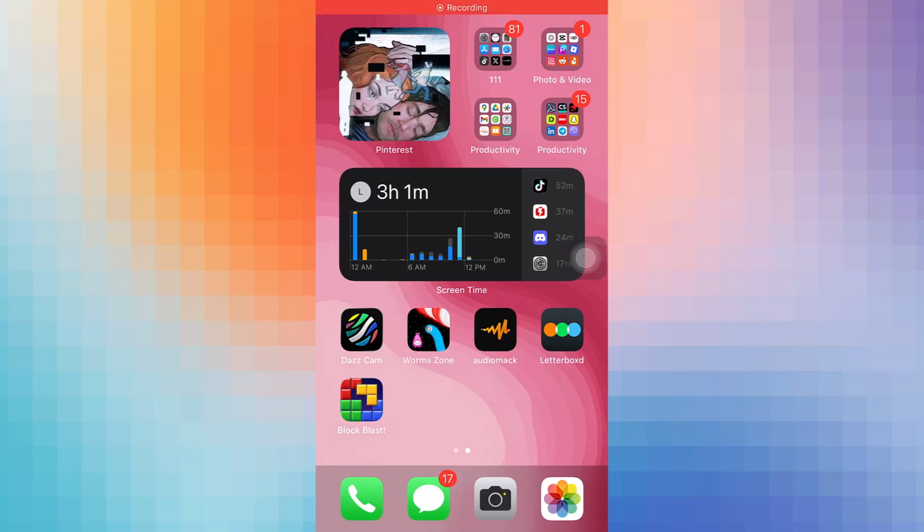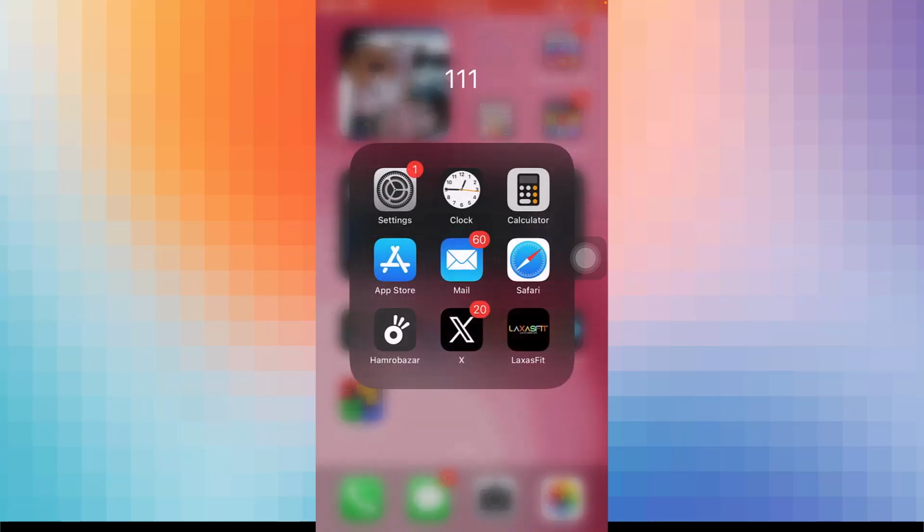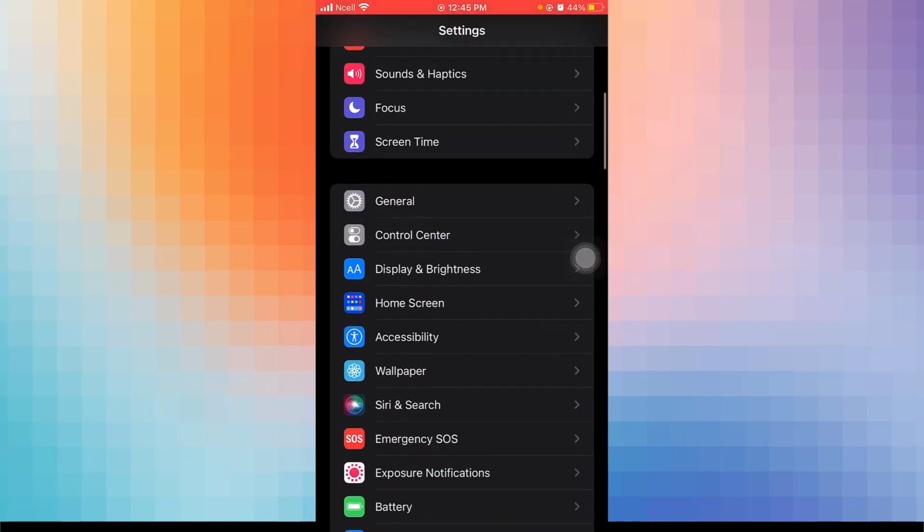Hello everyone, welcome back to TechPorn, and in this video I'm gonna show you how to free up iPhone storage without deleting your photos. To do so, first of all open your settings and then scroll down till you see